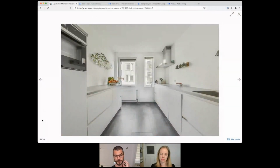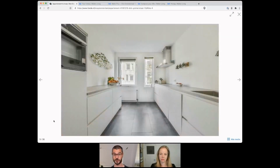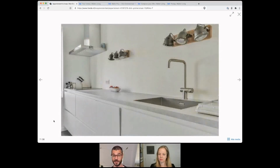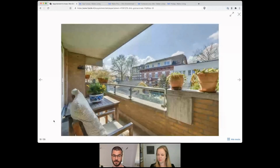For this apartment, I think we can very rapidly agree that this is an apartment that is in above average condition. The floor in the living room looks very nice. The kitchen actually looks quite okay. I would say not more than a year or 2 years old, barely used, if I had to guess. And along the way, we can see maybe some little repairs needed in the exterior. Also, if we move through the apartment,